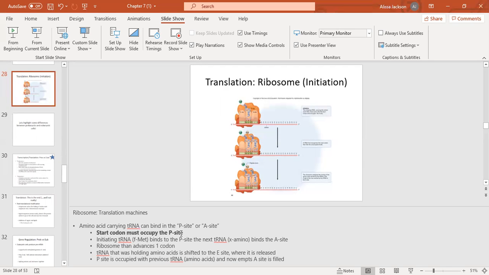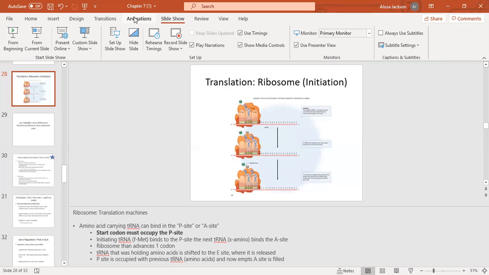The start codon first starts out in the P site, right? And then in bacteria, the first codon is formyl methionine. It's just a modified methionine, but that's a difference in prokaryotes and eukaryotes. It's methionine in eukaryotes and formyl methionine in prokaryotes. So it binds in the P site, the next amino acid binds in the A site,